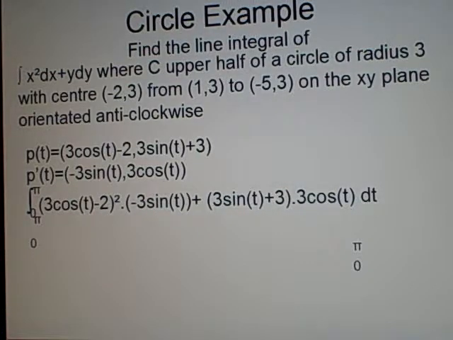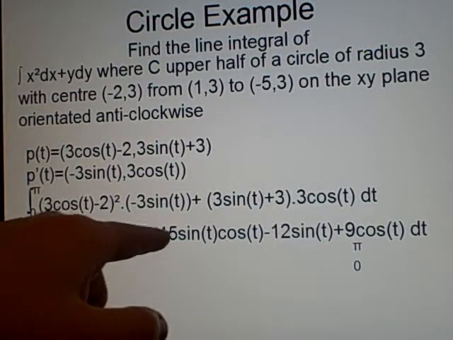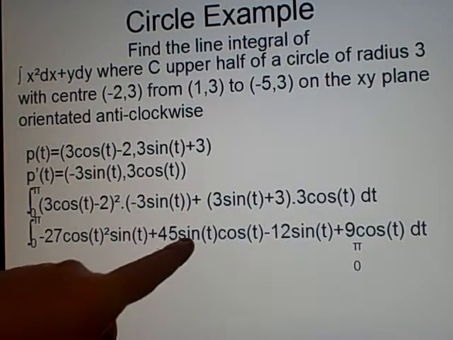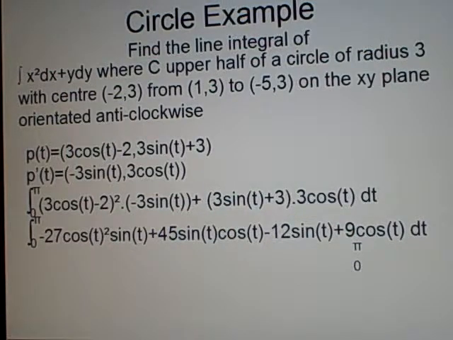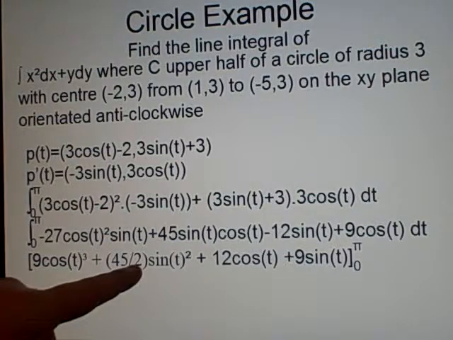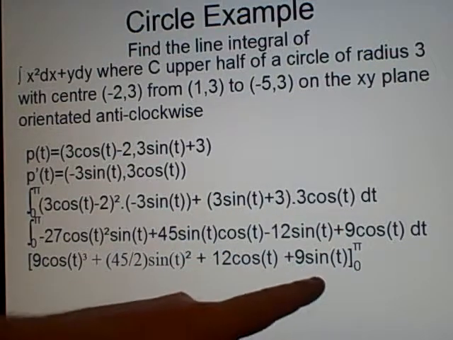We simplify this further. I did this on Maple because it's quite messy. I suggest you find some other program to simplify it for you. Minus 27 cosine t squared sine t plus 45 sine t cosine t minus 12 sine t plus 9 cosine t dt. And then once you've integrated that, I used the computer program to do that, I got 9 cosine t cubed plus 45 over 2 sine t squared plus 12 cosine t plus 9 sine t between 0